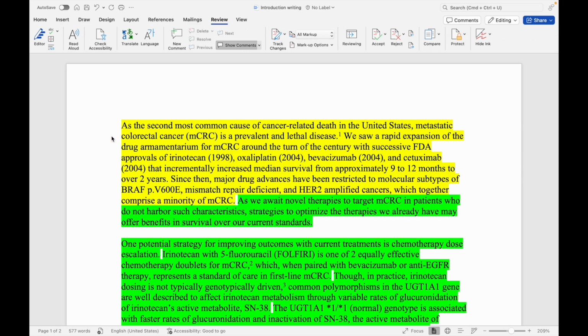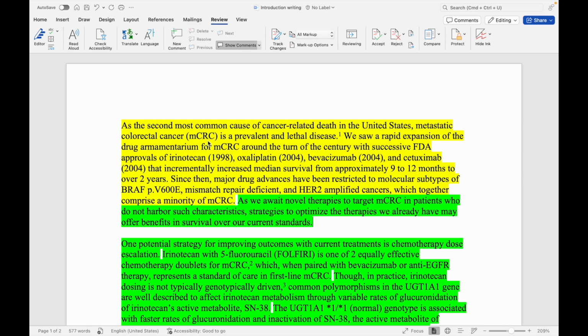A typical approach, as the authors have done here, is to open your introduction section by stating how common the disease or health condition you are investigating is. This is done by reporting the prevalence or incidence globally or by a particular geographic location. So prevalence is a measure of the frequency of disease or health condition in a population at a